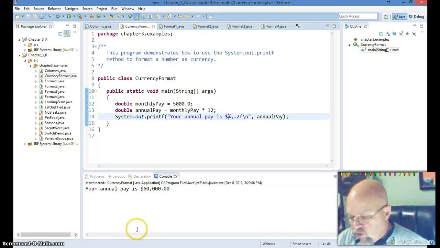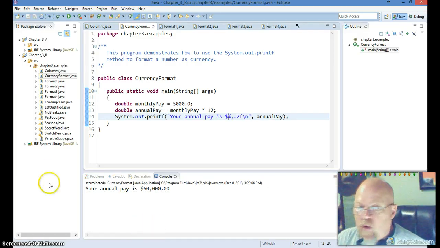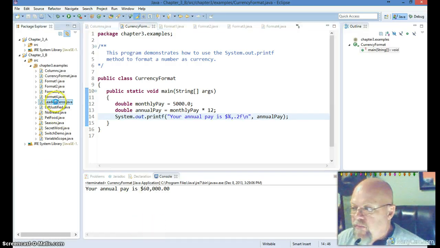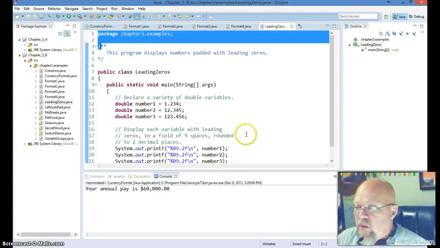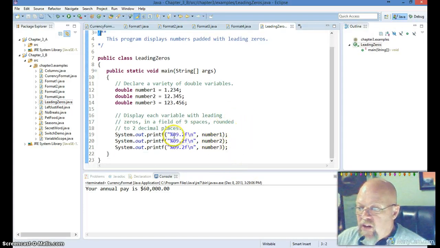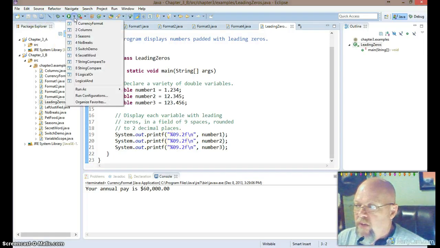The next one is called leading zeros, and there I've got 09.2f. Okay, so we know what the 9 does. That's going to make each number 9 characters long. The .2, we know what that does. F says it's a float or decimal. The 0 says it's going to put in at least 1 leading 0. So if I were to run this,